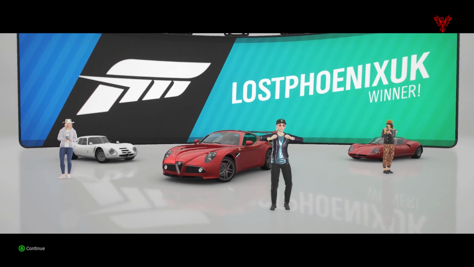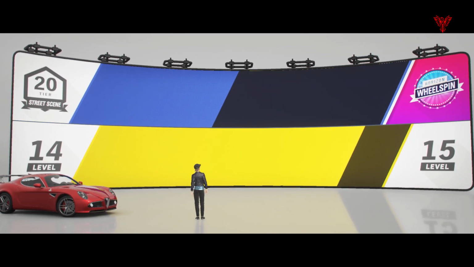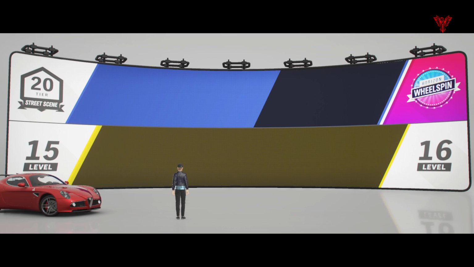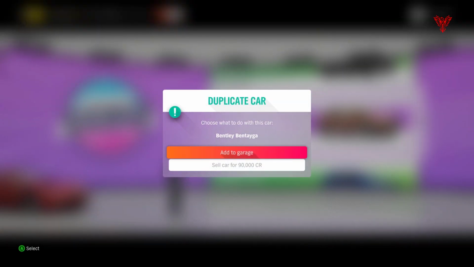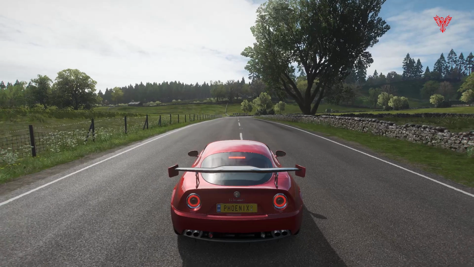So that's the first one out of the way, 20 points, and on good standing to progress in the championship. So I'll skip all this levelling up rubbish. Although I have got a wheel spin, gives me a Bentley Bentayga. I think I'll sell it because I've already got one and I don't think there's much in there to rip out with your skill points. So off to the map